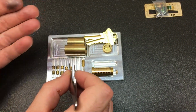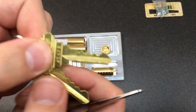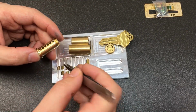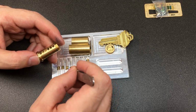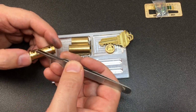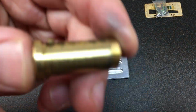I mean, when I was picking it, did you notice any counter rotation? I just picked it through as if it was like standard pins. And a bitting like this, whilst not particularly challenging, those all should have been active. What do I mean by that? It means that if I pin this back up like this, on most of these cuts, apart from maybe position 4, enough of the driver pin should be, oh, that caught it, enough of the driver pin should be there, you go, that the